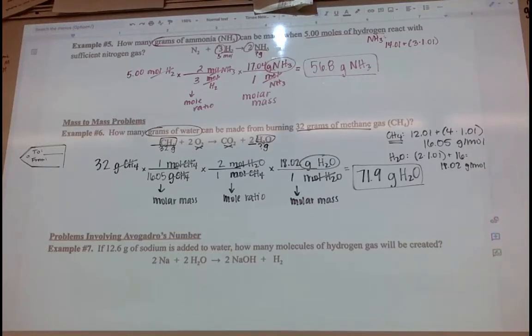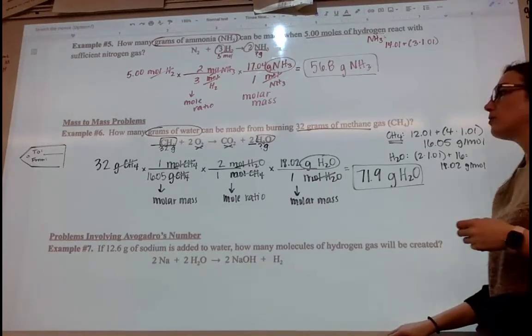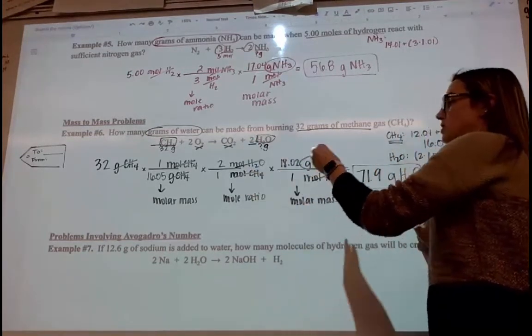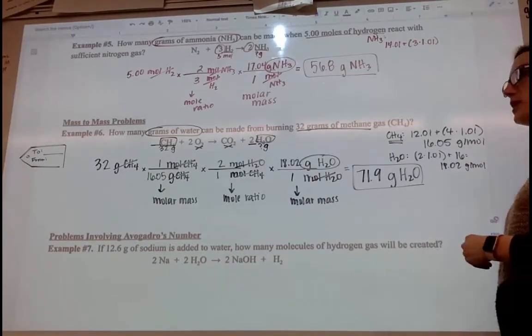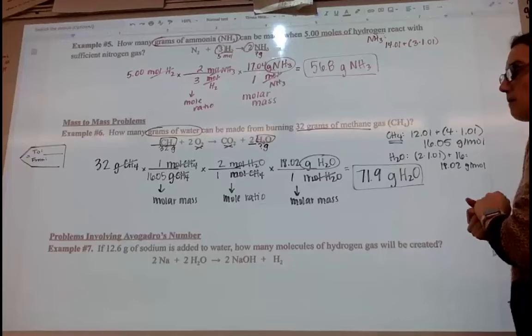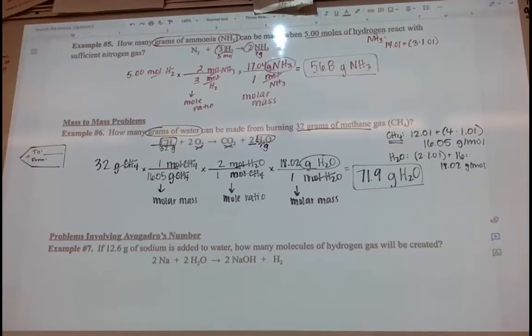So again, example 6 is probably one of the more difficult types of questions, but it's one that requires us to use conversions to go between everything. Questions on this before I scroll up to example 7? So the last example